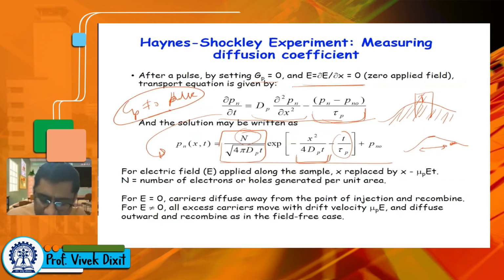So at delta x square by 4Dt should be 1. Since this is delta x, this will be delta x by 2, and this will be minus delta x by 2. So delta x by 2 whole square by 4Dt should be 1. So that means your D comes out to be